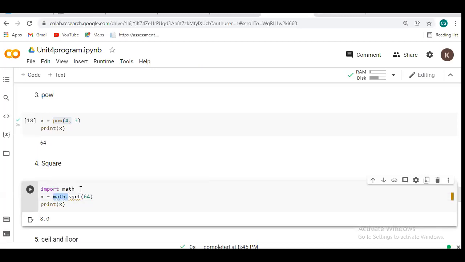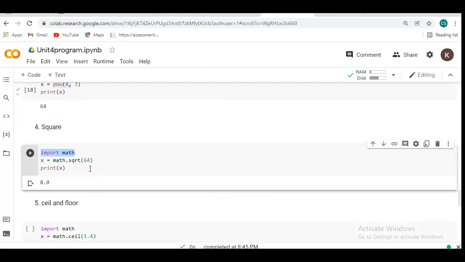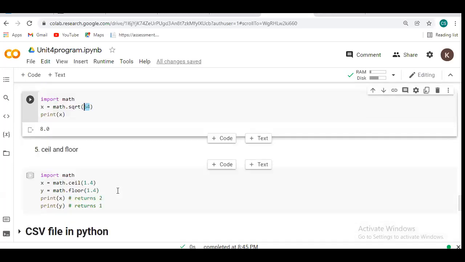So we import math for finding the square of any value that we write here.